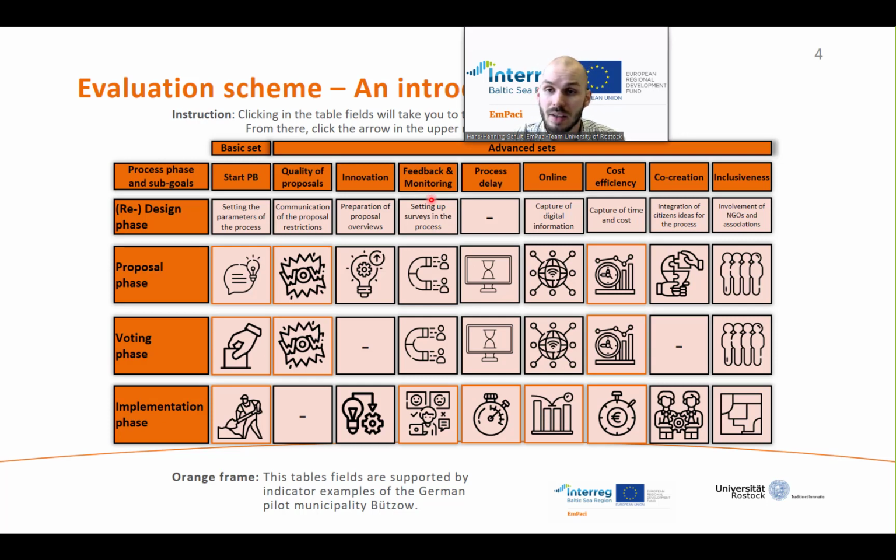Are they satisfied? Do they find it transparent? And so on. Really ask citizens for their feedback. And another look, not just on the citizens, is the process delay and the cost efficiency, to look at the administration